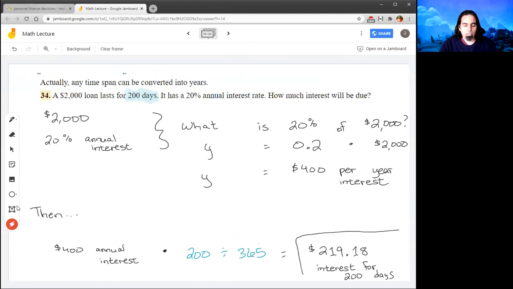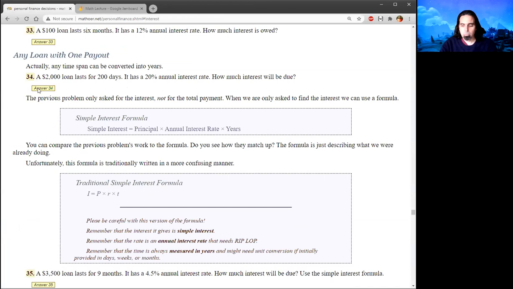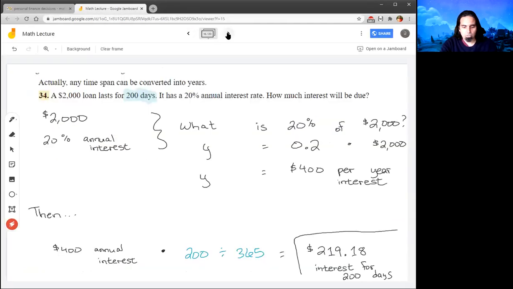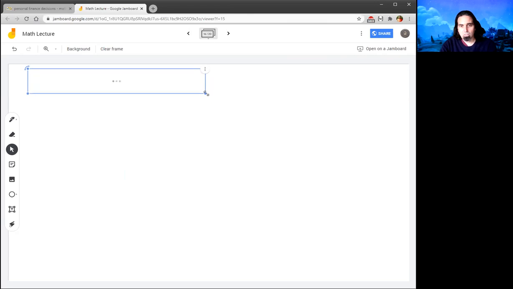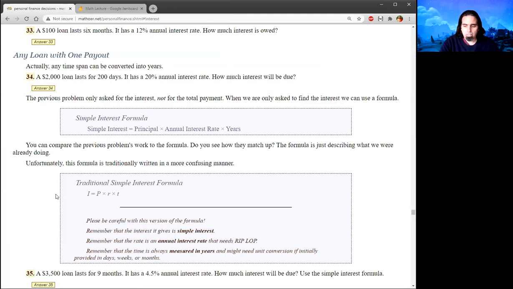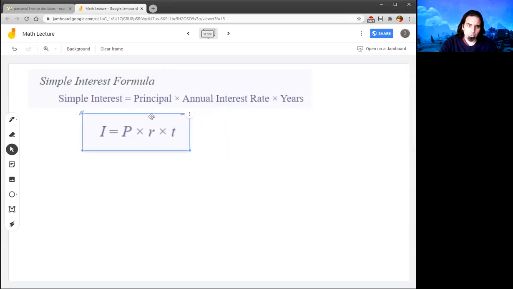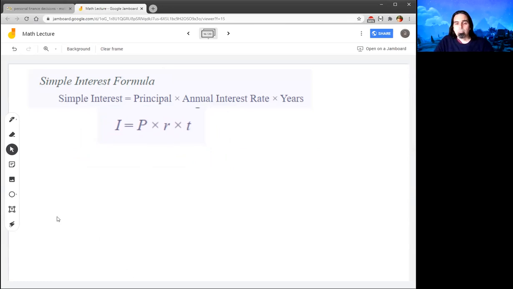So rather than reinvent the process each time, people wrote a formula about this, the simple interest formula. So simple interest is principal times the annual interest rate times the number of years. Let's put that nice and big on our board. Some people like having the letters instead of the words. And if that works for you, if you're used to that, you can, but be cautious with it,